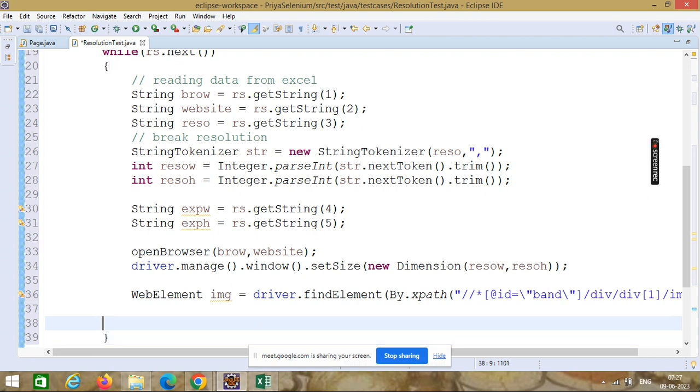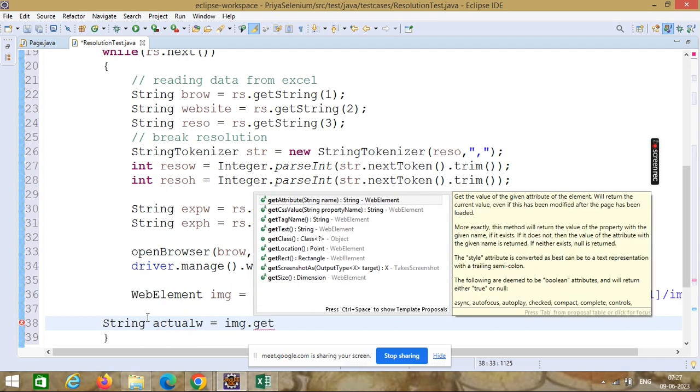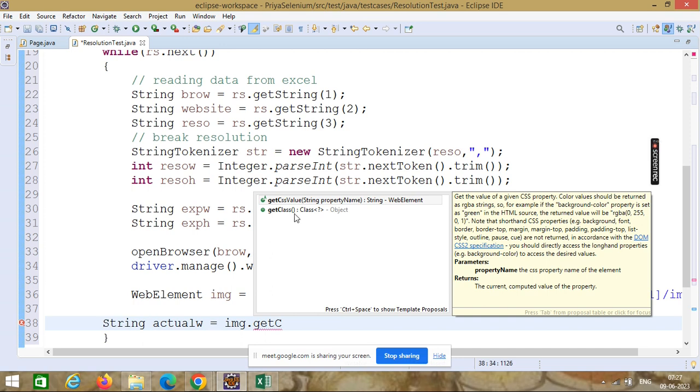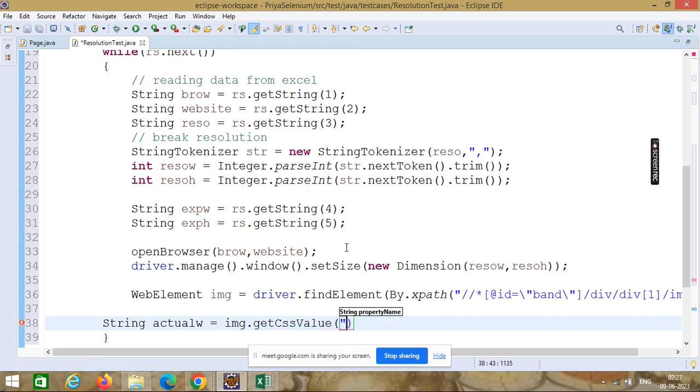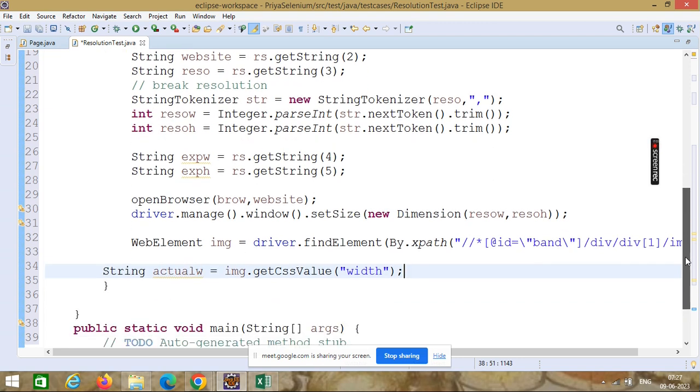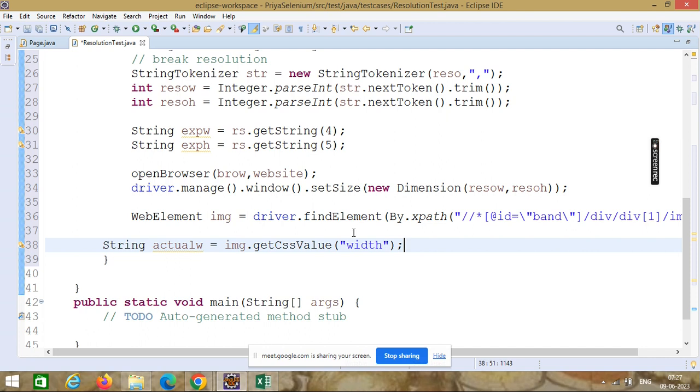After inspecting the element, I will use String actual width, img dot getCssValue. But all these things we have discussed before also, how to open it in different dimensions, how to get the CSS value. So I am getting the CSS value of that particular image for different dimensions.